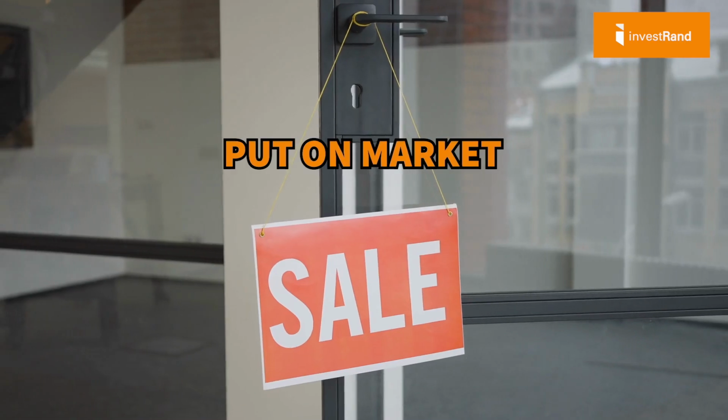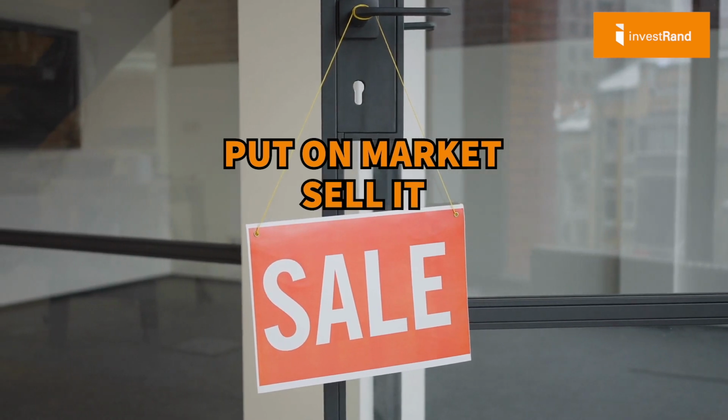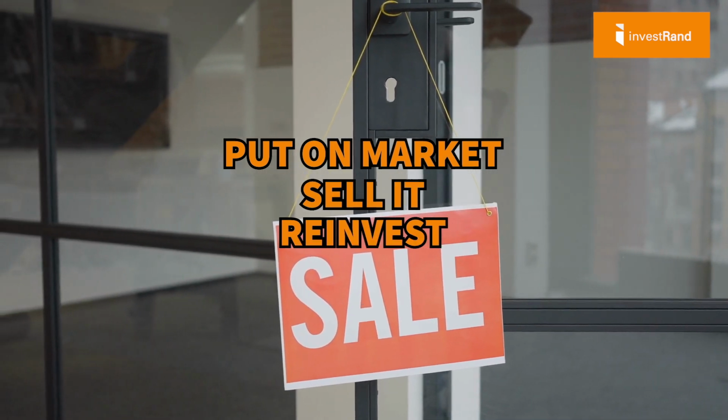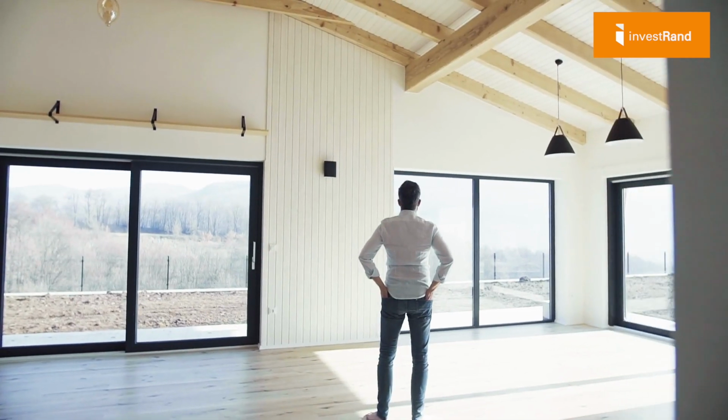And then the last but not least, which is very, very important. Look, if none of these solutions is working, maybe it's about time you actually put your property on the market, sell it, and reinvest the capital in a new investment. I know this is a tough one because sometimes we get emotionally involved with our properties. We love the idea of being a landlord, but if you're losing money every month, every time, and it's taking away money from your pocket, from your family, from the stuff that you should be doing,